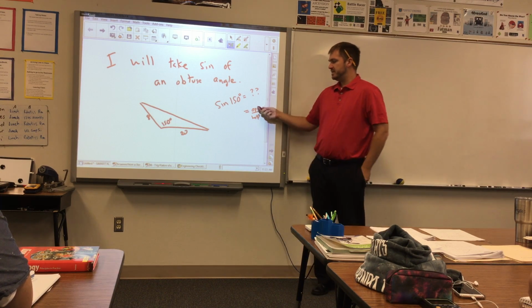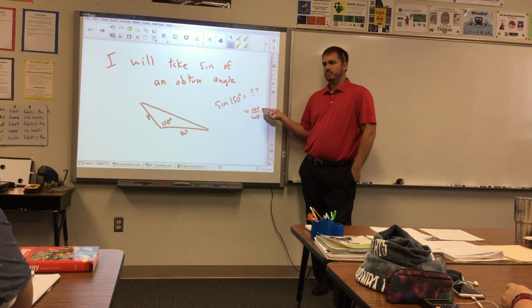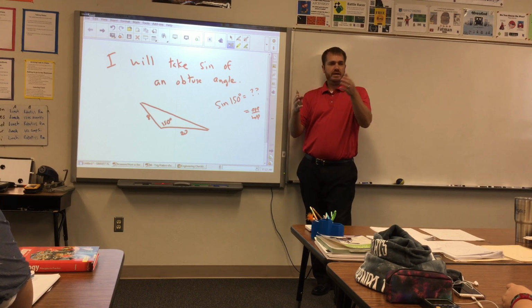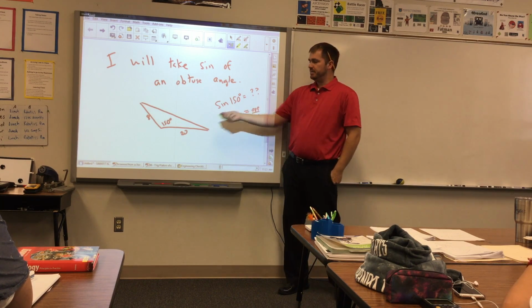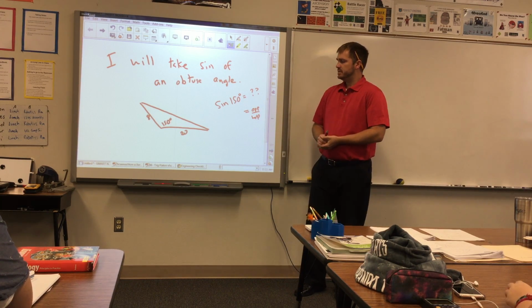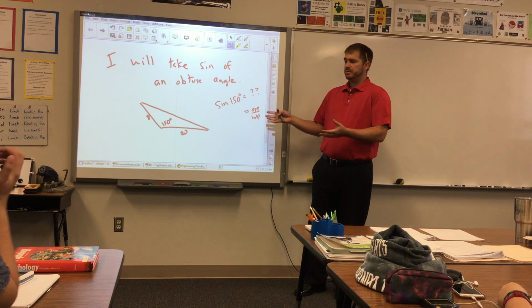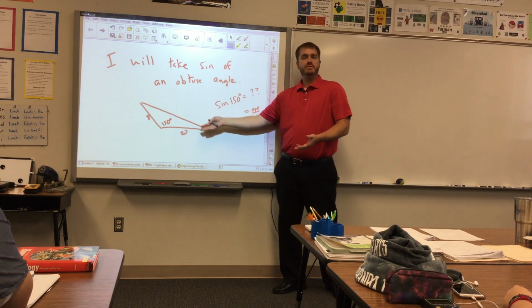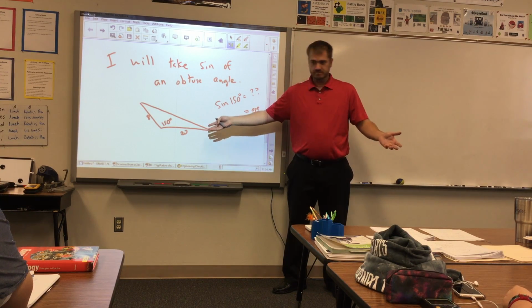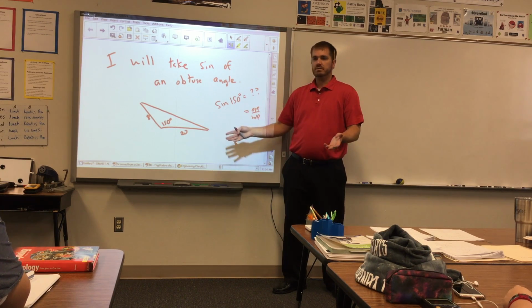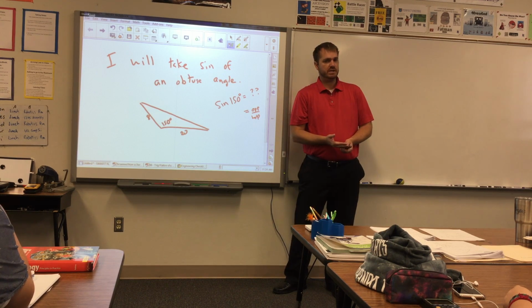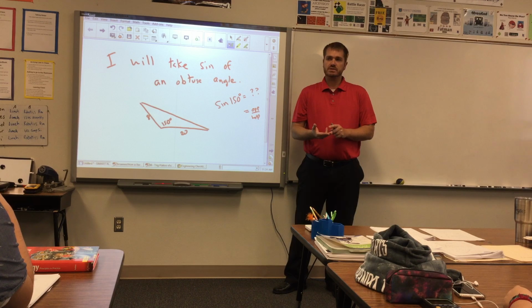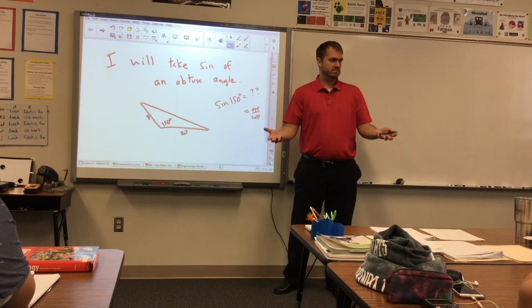In fact, the full term for opposite would be the leg opposite the angle on a right triangle. So there isn't even an opposite, because technically an opposite is the opposite side. So for all practical purposes, can we find the sine of 150? No, we can't find it. There's problems. So that tells you we've got some limitations about what we can do with sine, cosine, and tangent. Namely, we can find sine, cosine, and tangent if the angle is,